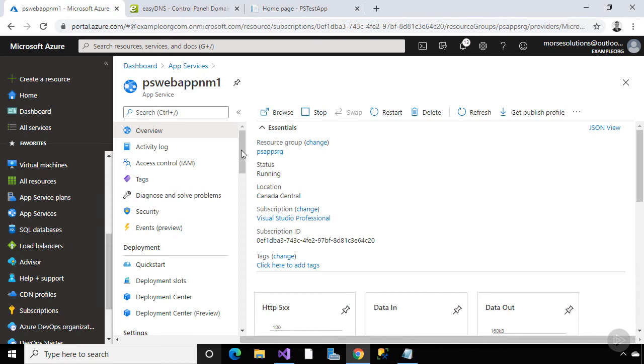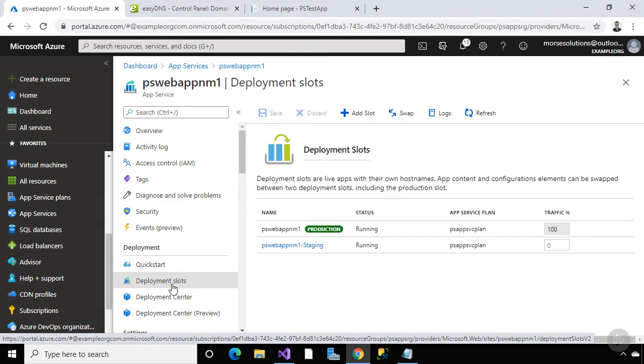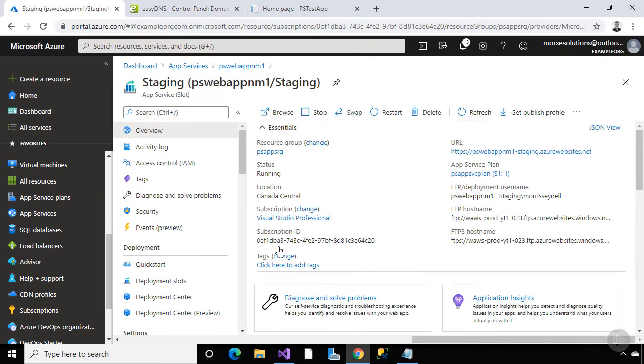In this demo, we're going to create two subdomains using CNAME records in my external DNS. One subdomain for the production website, which will be a www subdomain on exampleorg.com. And we'll also create a subdomain for the staging deployment slot, which will be test.exampleorg.com. I'm inside the main production web app here, so let's get the URL for the deployment slot, because we'll need that for the CNAME record. I'll click on the staging deployment slot and open it up, and I'll copy the hostname that was automatically created